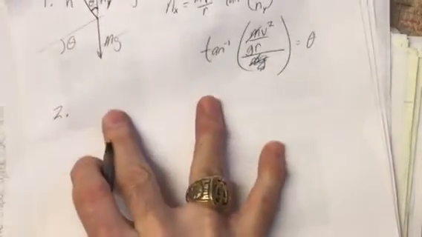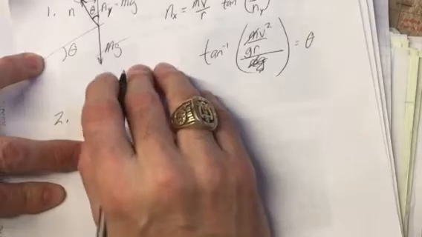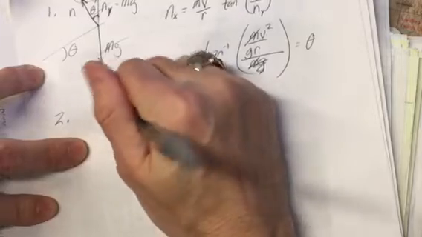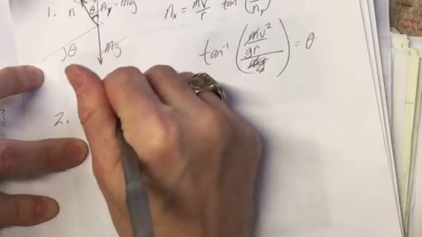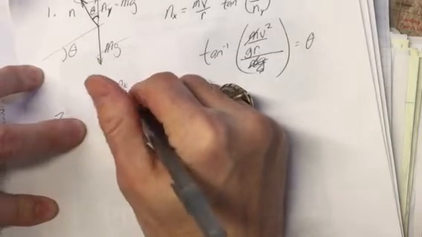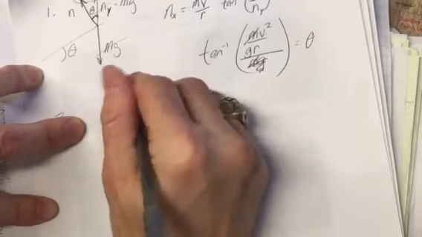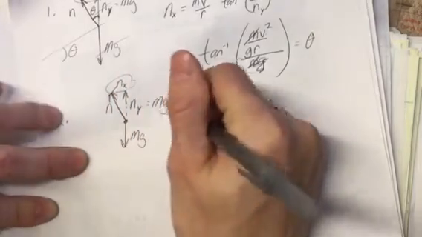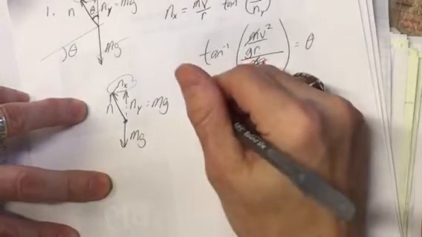So number two talks about the car, and we're looking for the velocity the car should travel with a certain radius and if it's banked at a certain angle. Well, really we're back to the same spot, right? We've got the only thing causing this car to move in a circle, a horizontal circle that is, around this banked curve, is this component of the normal force. And so we get back to the point where we're looking at,